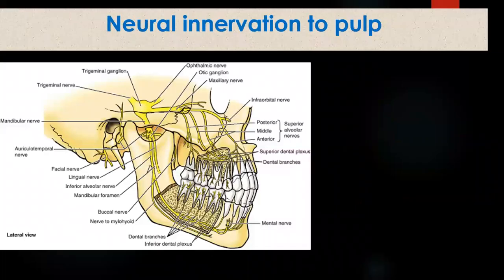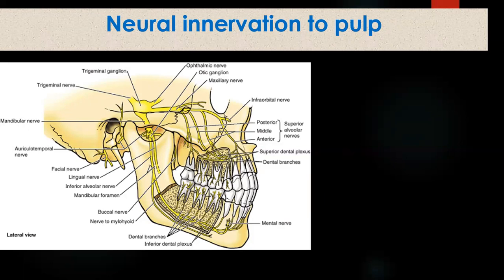Next, once we have learned about the vascular component, we will come to how the neural component within the pulp contributes towards the inflammation, how they are responsible, and how they mingle with the vascular component in producing the signs and symptoms, that is pain. So the nerve supply to the